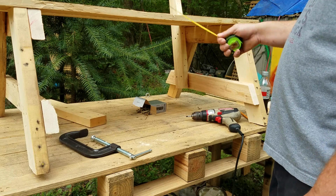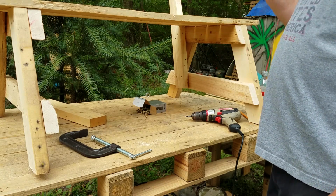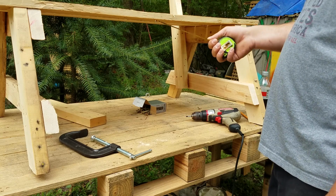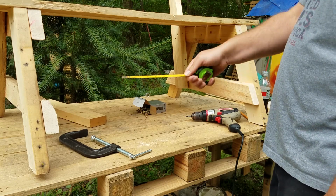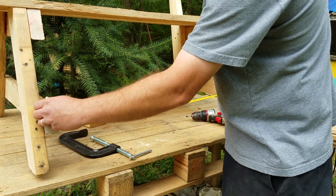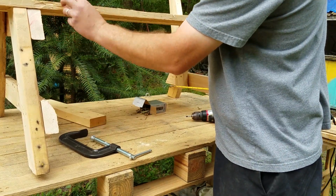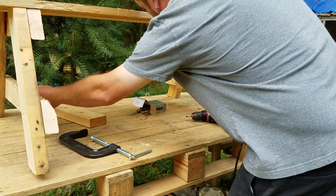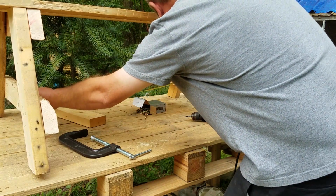And don't forget, it's going to take you forever, and I'm not going to film that portion of it. When I'm done with this, I'm still going to have to spend probably an hour with my orbital sander going over all the edges, because this kind of stuff, it gives you slivers in your ass. You don't want that. Anyway, alright, so we are at